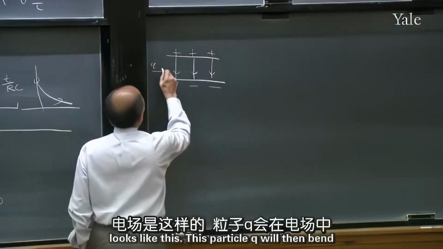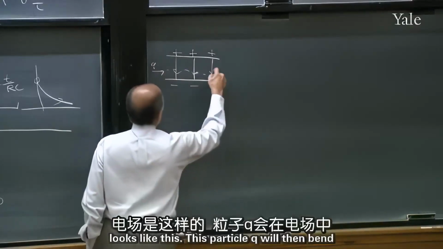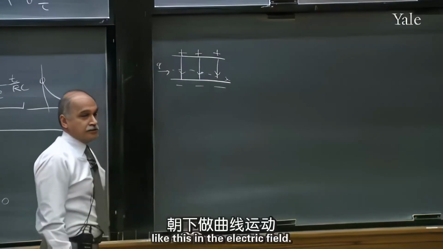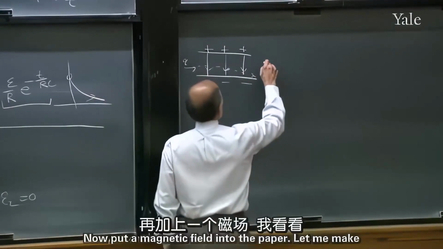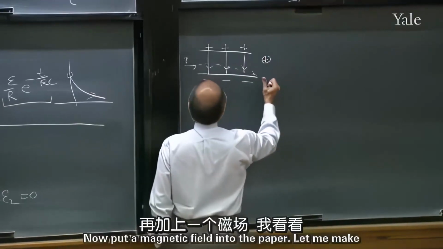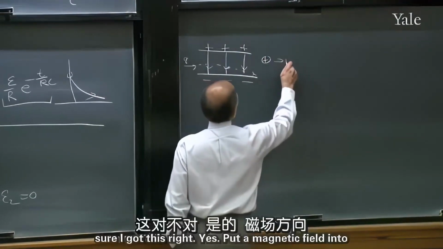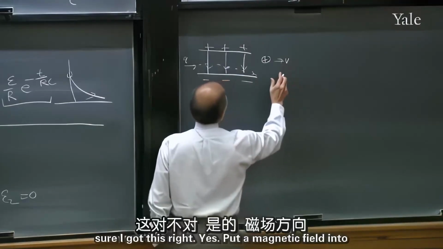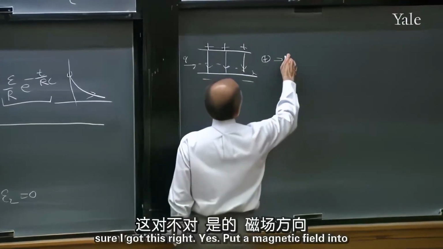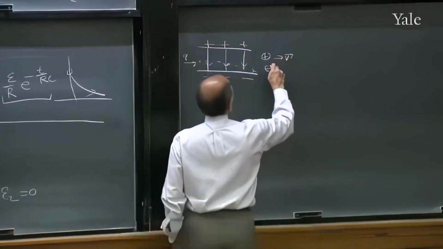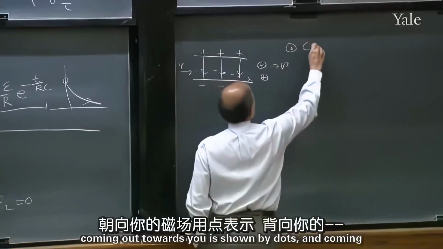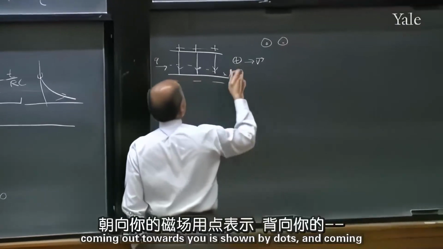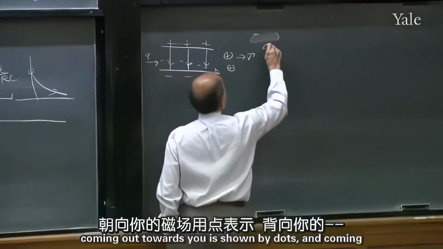This particle Q will then bend like this, the electric field. Now put a magnetic field into the paper. Let me make sure I got this right. Yes. Put a magnetic field into the paper, into the board, that's shown by this symbol. Magnetic field coming out towards you is shown like that, and going away from you is shown by dots, and